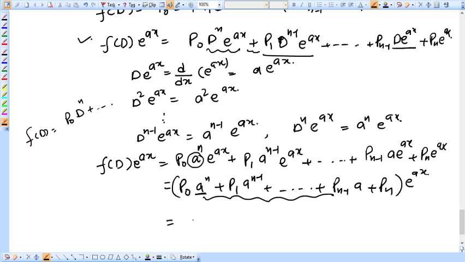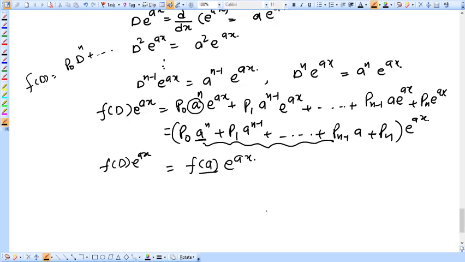So we can write it as f of a. So f(D) exponential ax is equal to f(a), and then this exponential ax. So now if we operate both the sides by inverse operator,